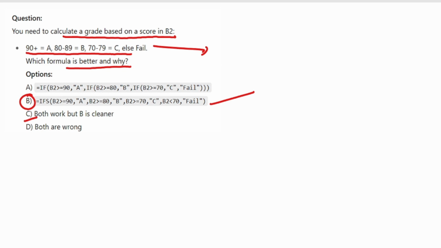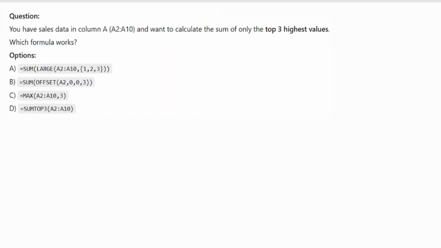Option C is also correct, but since B is more clear than A, we go with option B. Now move to the next question.